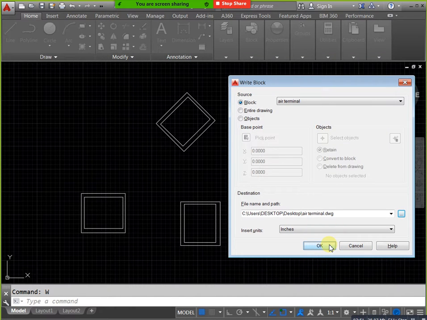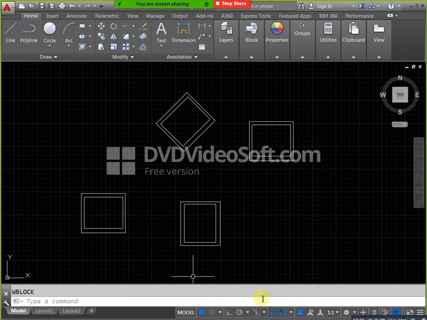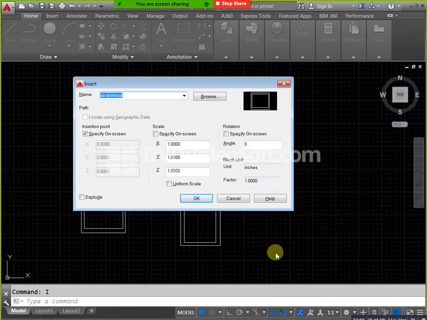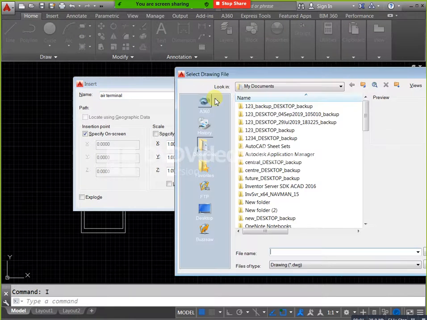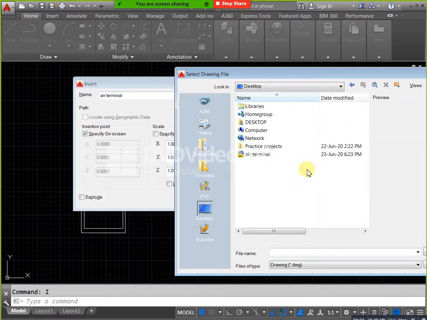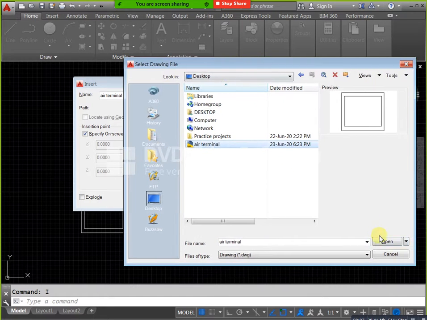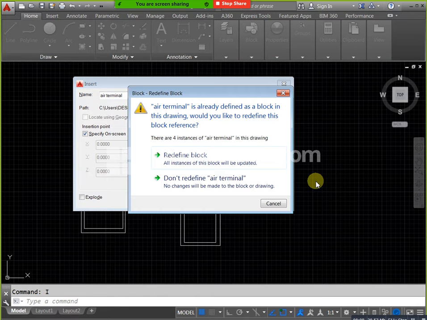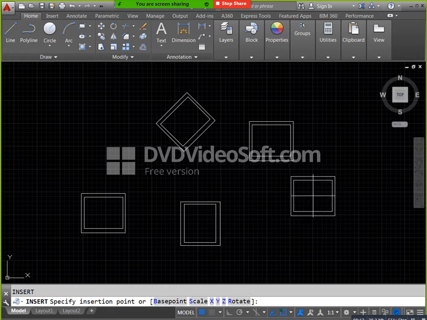Now you can open a new project. For example, I need to use it here. If we already have it, you can use it directly. If you need to browse, you can use this one and go to the desktop. We have 8 terminal, and you can select it and open. Okay, directly, see this one. For example, I need to use it in a new project. Go to drawing 2. This is a new sheet now. You can mention I enter.